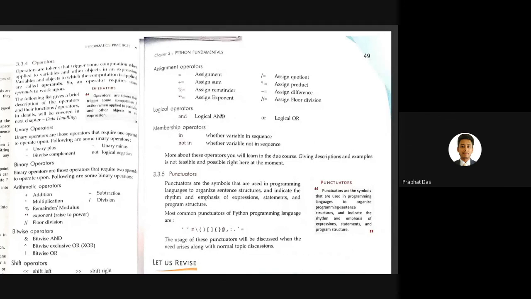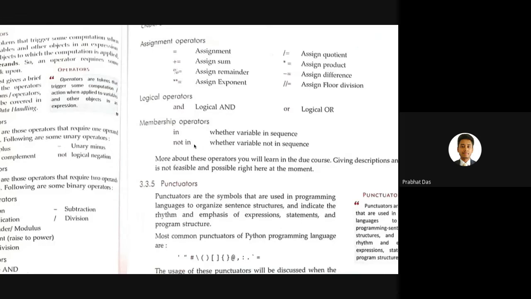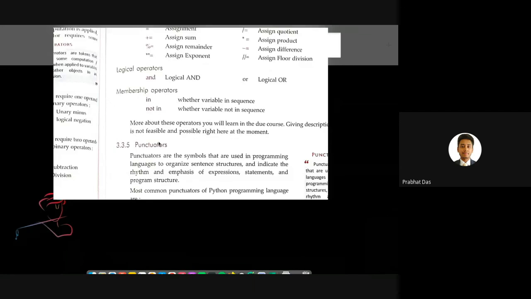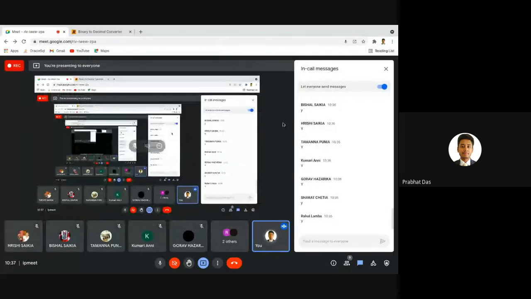Now let us move ahead to the next operator, that is the membership operator. Regarding the logical operator, I will be explaining it in the next class. So the membership operator will check whether a particular value is a member of a particular data set or not. If I ask whether Rishi Sekia is a member of the IP class, the answer is yes. But if I say XYZ student is a member of this IP class, because there is no student with the XYZ name, the answer is no. XYZ student doesn't belong to this IP class.